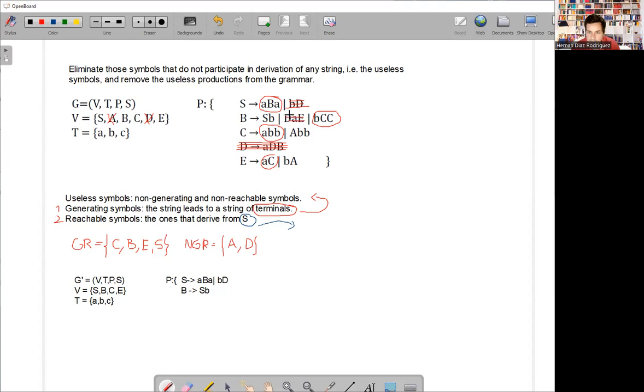And this one, and this one, and this one, right? We need to remove all the productions where these two symbols appear, the non-generating or the dead symbols. So we remove all of that,